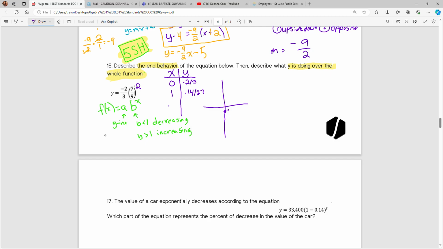When x is 2, 7 divided by 9, and square it. Now don't clear your calculator, and press times, and our negative 2/3 is equal to negative 0.666666667. So multiply that, and you're going to get about